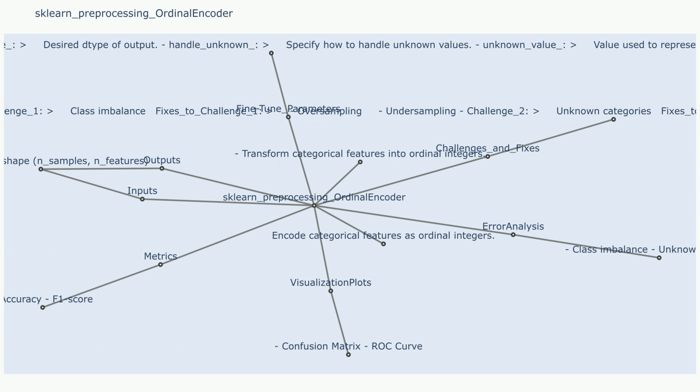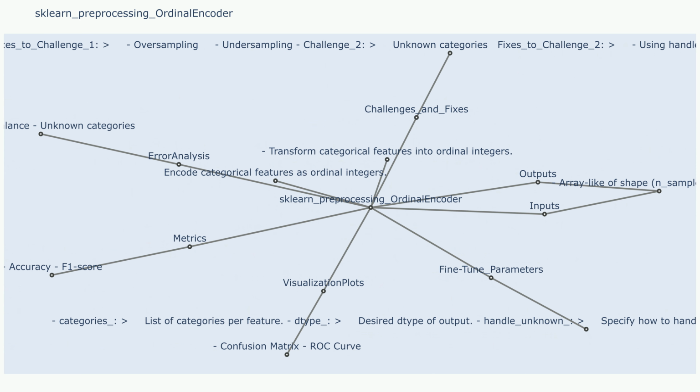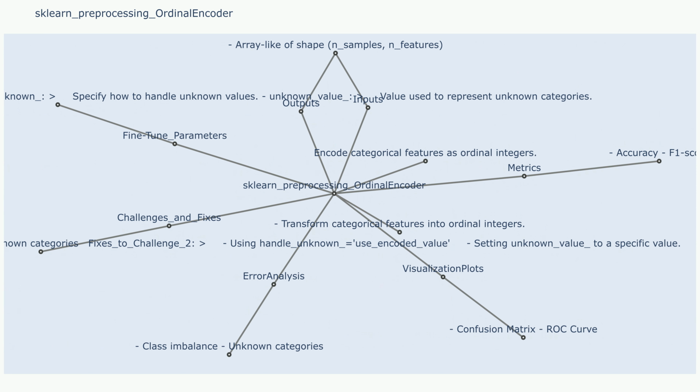Fine-tune parameters: handle_unknown determines how the encoder handles unknown categories during transformation. Use_encoded_value assigns the maximum integer value, -1, to unknown categories, while error raises an error. dtype: the data type of the encoded output. Uncertainty methods: none. Challenges and fixes. Challenge 1: the order in which categories are encountered during fitting affects the integer